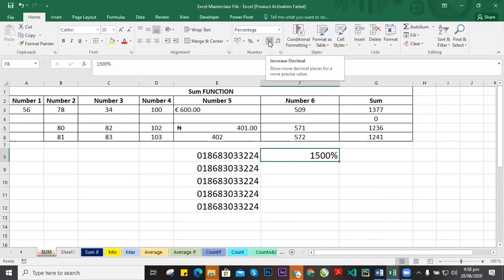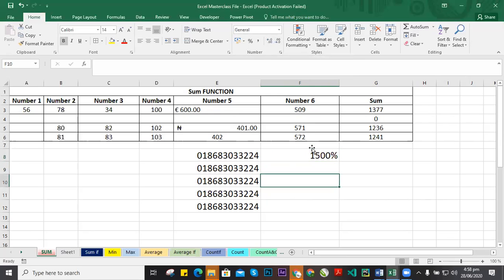So this one we are seeing here is increase decimal and decrease decimal. So if you have a decimal number or you want to add a decimal point to your number, just do increase decimal and add a decimal point, or you could remove. Could add a decimal point to this and remove. So those are some of the little things we can do. So I would move on to how we can format